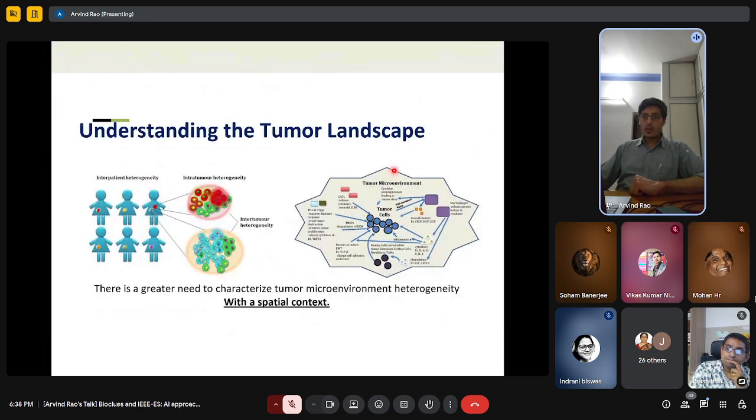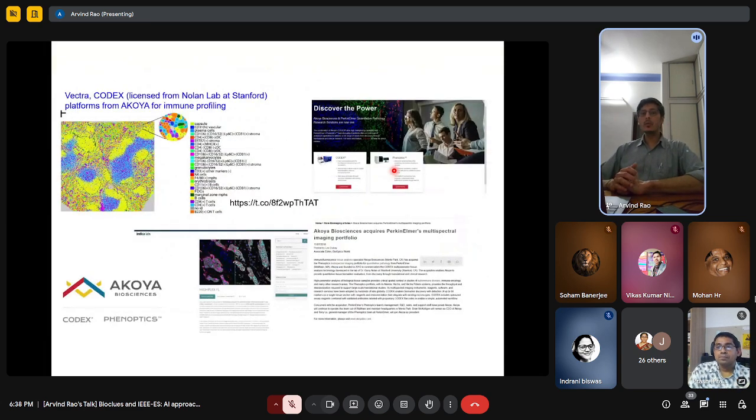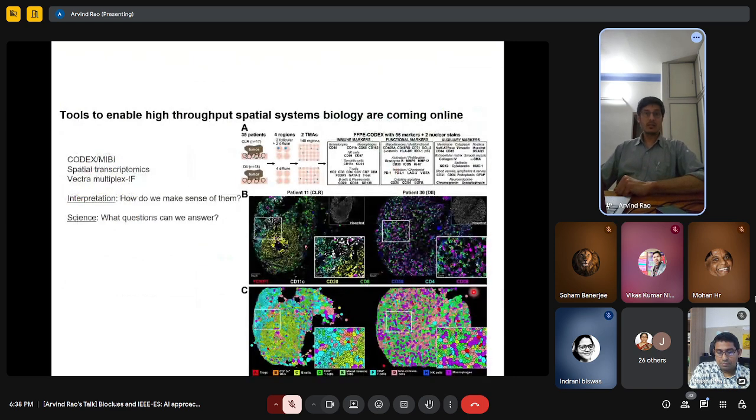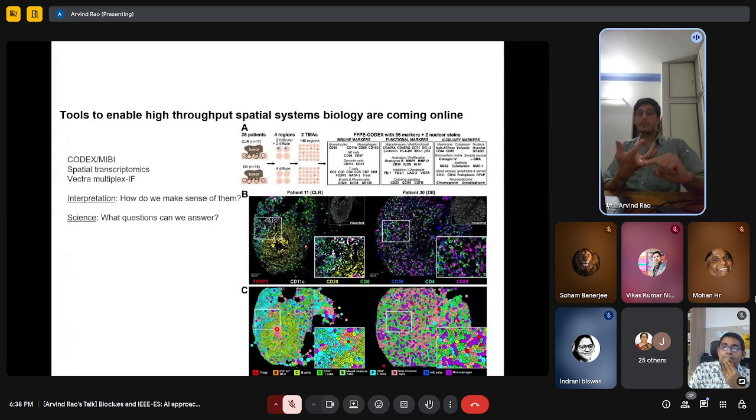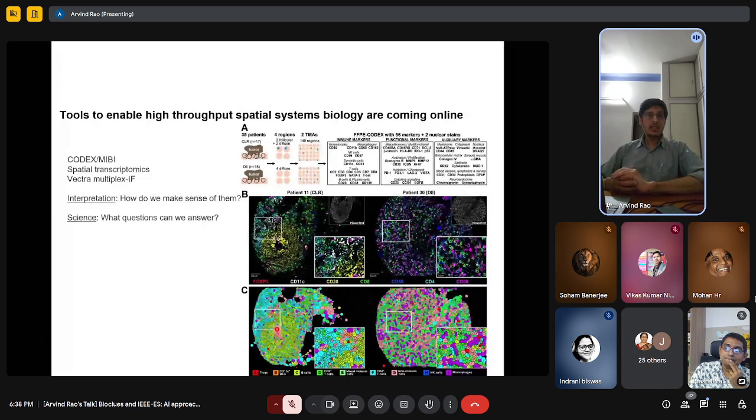And there are tools coming online that let you take a piece of tissue, a biopsy, and stain that tissue for a variety of different markers. So what you end up getting are these amazing pictures. This is actually colorectal cancer. Amazing pictures where every dot you see is one cell. You can get a single cell resolution. And every color of dot that you see is a different type of cell. It could be a breast cancer cell, it could be a fibroblast, it could be an immune cell, whatever. Right? And so you can get these really incredible images.